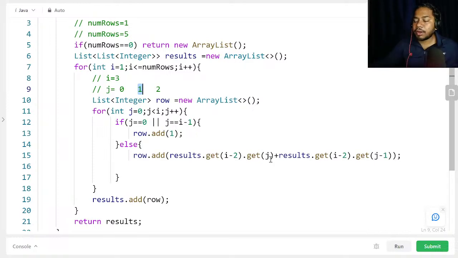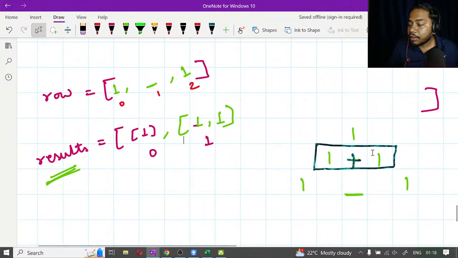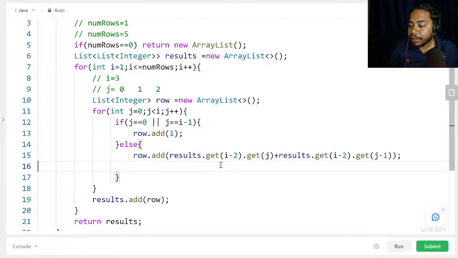So for j value 1, this thing will give this value, right? So here we will get 1,